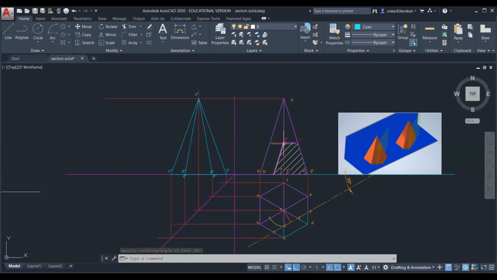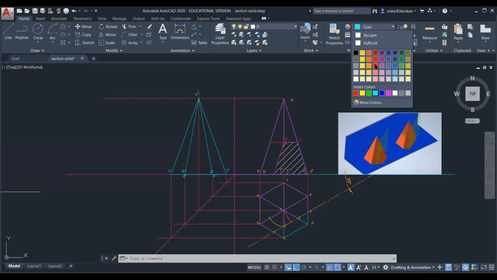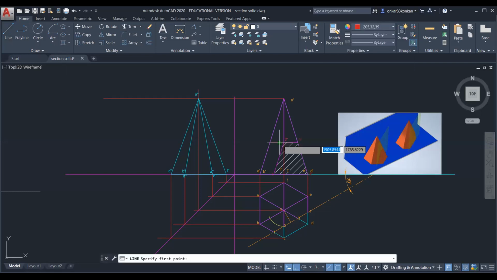So now project the point 2 dash and 3 dash. Okay, so if you observe in the top view, point 2, it is on the slant edge OC. Okay. So draw the projector line from this point. So you can easily locate the point 2 and point 3 in the side view. So 2, it is on the OC. So this is the O dash C dash. So this is the point 2, and 3, it is on the OD. Okay. So this is the O double dash D double dash. So this is point 2 and 3.